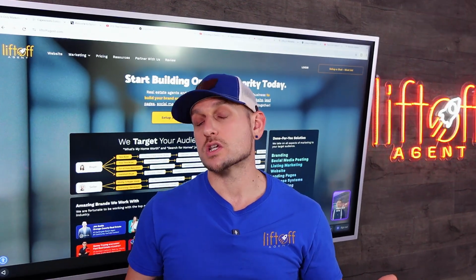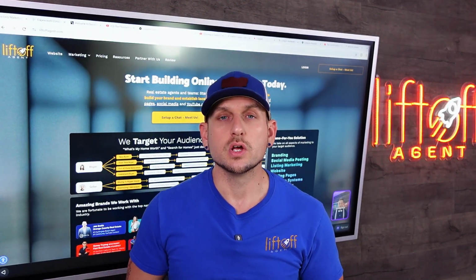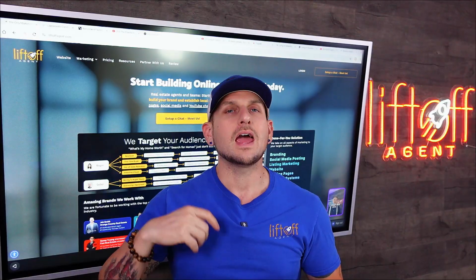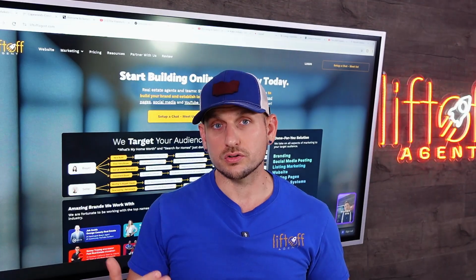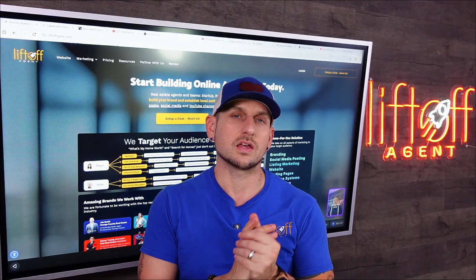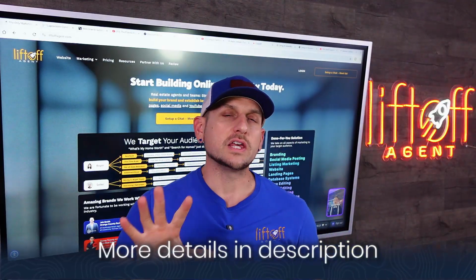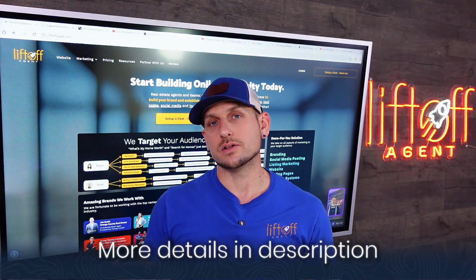And you can tie in a mortgage calculator with your preferred lender so they can start to do a couple of calculations, and then an auto pop-up appears and they can fill out the information. It goes directly to your lender, and then your lender can go ahead and give them a call and get them quickly pre-qualified to be able to work with you. So those are 5 key features that we offer here at Liftoff Agent.